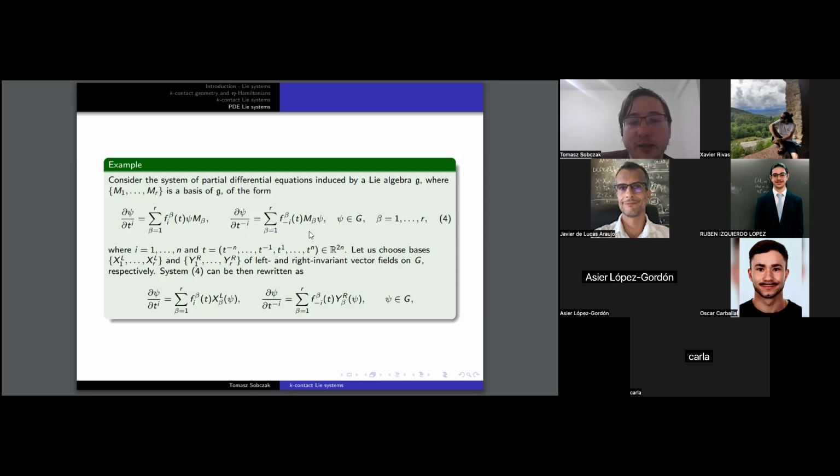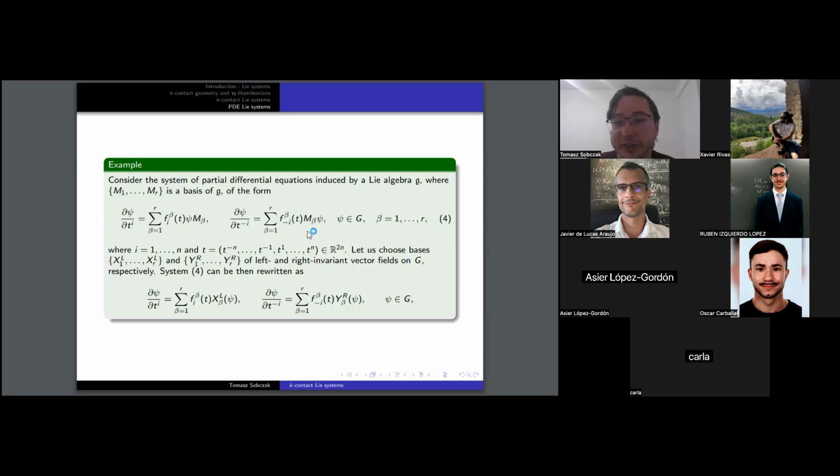And we have the same, but now we change the place of psi. So now we have the action of the other way around. And then one can see that those indexes go from -n to n, meaning we have in this case 2n